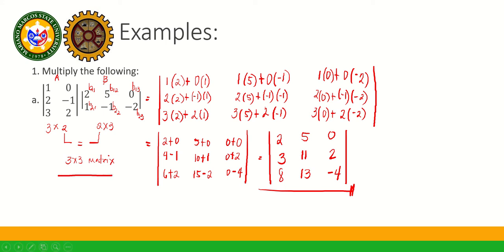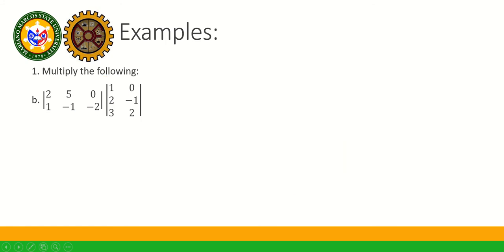Okay? So, next, we multiply this one. So, this is a 2 by 3 matrix. This is a 3 by 2 matrix. So, yung M natin, N natin, and R natin are equal. So, therefore, we can proceed to multiplication and our answer should be a 2 by 2 matrix. Okay? Yan o. So, this will be equal to,